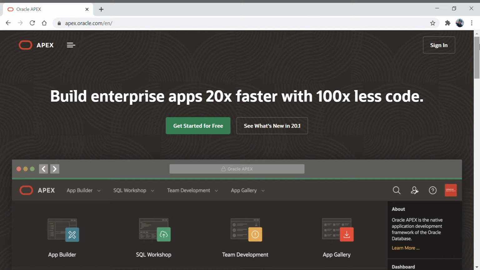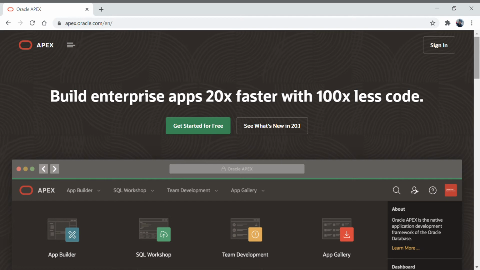Okay, so what is Oracle Apex? Oracle Apex is nothing but a web application development framework from Oracle, with complete support from Oracle, where we get the flexibility to develop web applications using only the browser. So you don't need to install any software on your machine. You just need a browser and you can start developing web applications there.